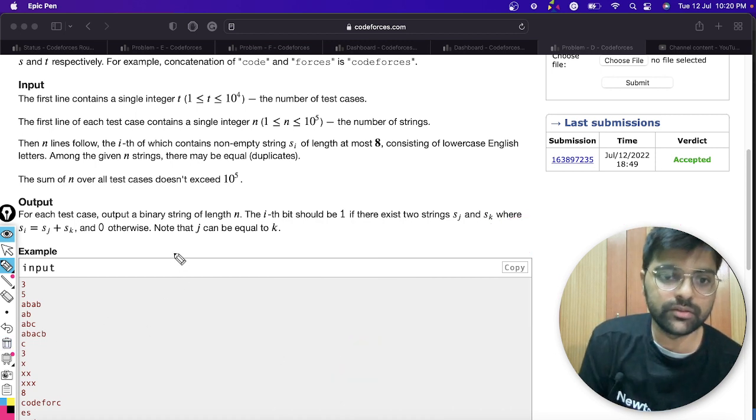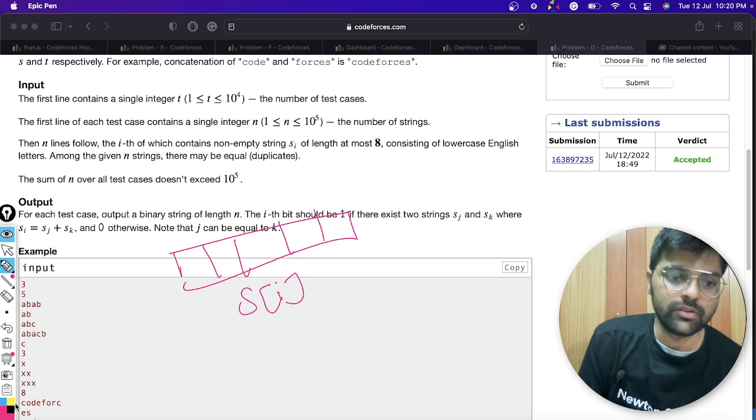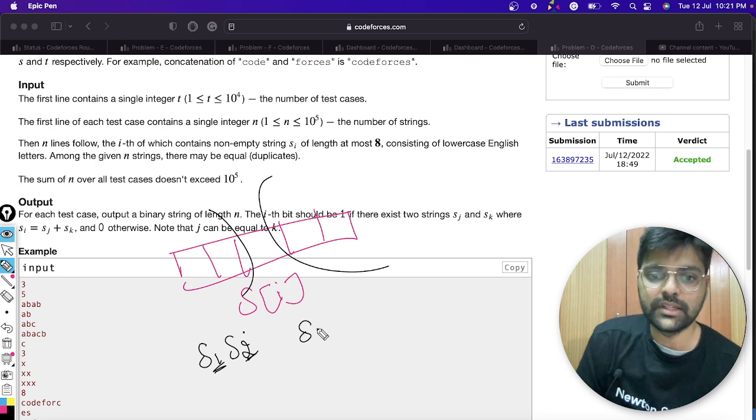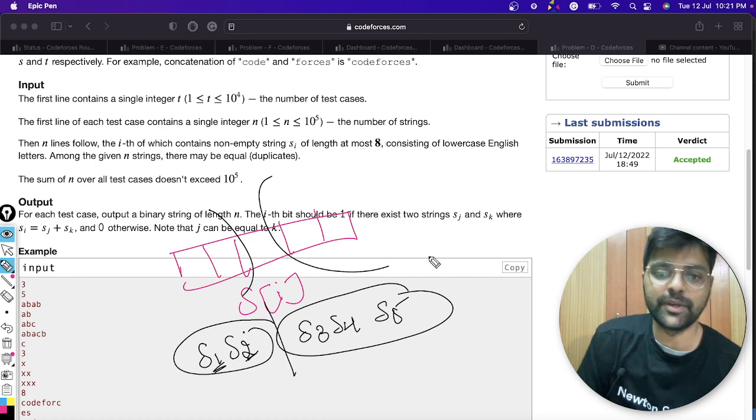But now what I will do, let's say this is string s1, so I will divide it in two parts, right? Let's say one part is s1 s2, ending at index L, and the other part is s3 s4 s5. And I will check whether these two strings are present in our hash map or not.